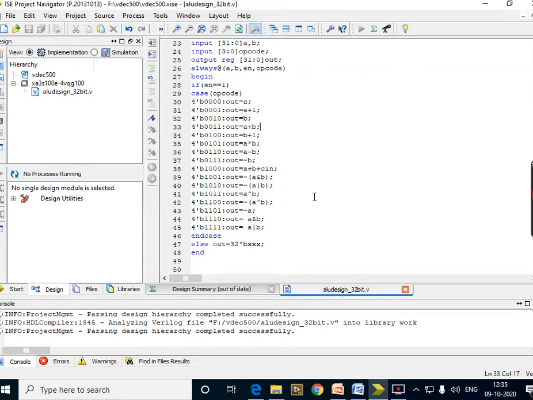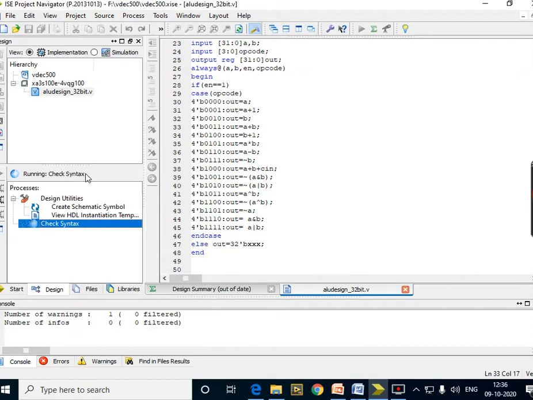So now let us get into the program and try to simulate it and see the result. Okay, so the program is already added here, in the implementation box, fine. And all the possible changes have also been done. Now my only job is to make implementation of this. So therefore now I'll go for implementation. So design is also done, ALU is also ready, I'm in the implementation. Okay, now my only work is to run the simulation.